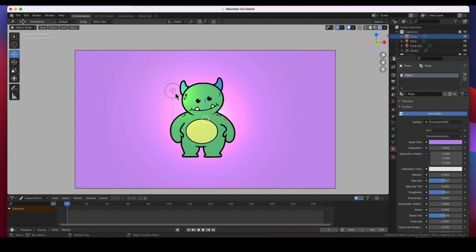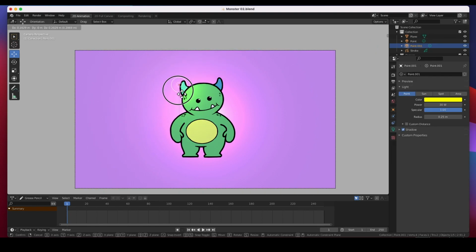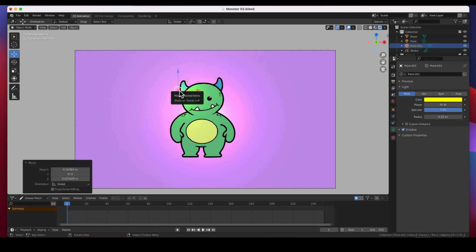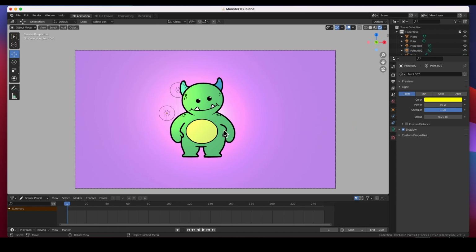You can move this light anywhere you want. I'm going to hit Shift D to duplicate, and then I'm going to put one over here so that we have this whole side of him highlighted. And there it is, guys. That is how I got that one done. Easy peasy lemon squeezy. Let me zoom in